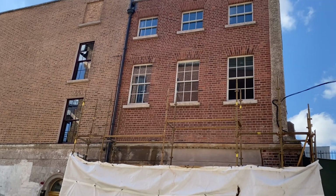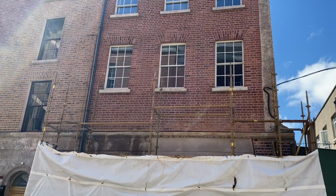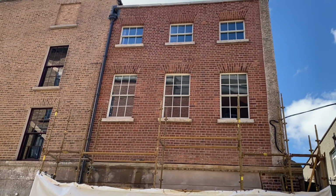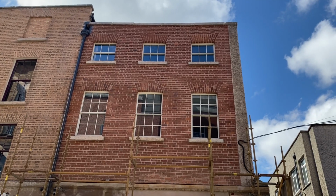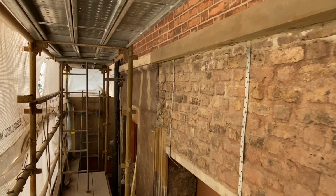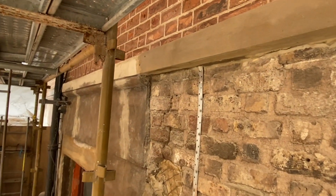Before we show you the largely completed shop front that's lurking there behind the scaffolding, let's take a quick look back at what we've achieved over the past few weeks and some of the discoveries that we've made along the way. So throughout all of these works here on the first floor, we've been gradually exposing the original design